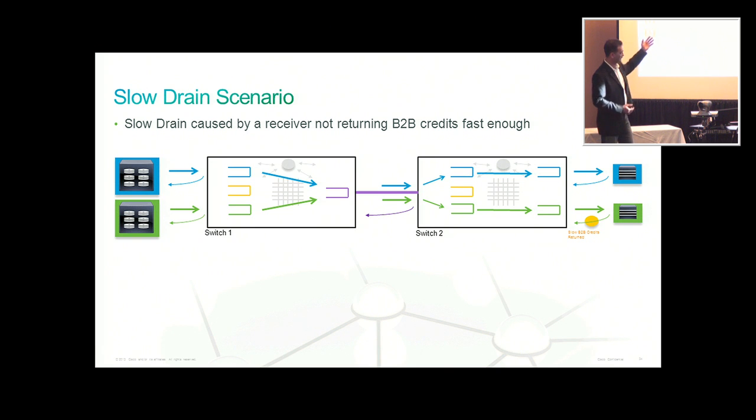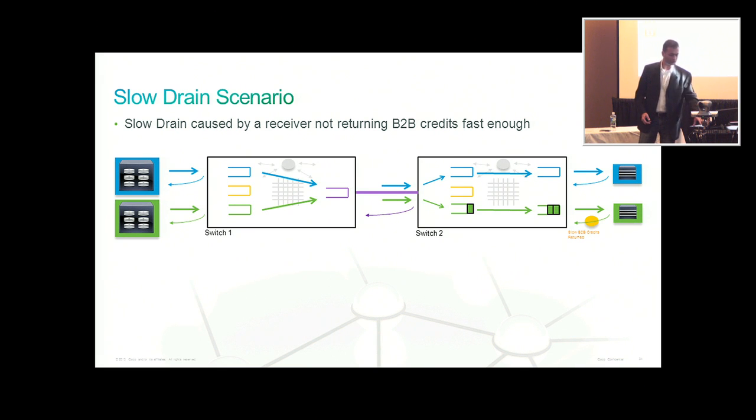And maybe the speed on the HBA is kind of low, and the storage array is an 8 gig storage array, so it's basically just blasting the data back. And then you're sort of seeing this happen. So it's slow in returning B2B credits, so packets build up in that queue that's facing that device. Now, what that means is that across the crossbar on the ingress side, maybe a packet builds up in